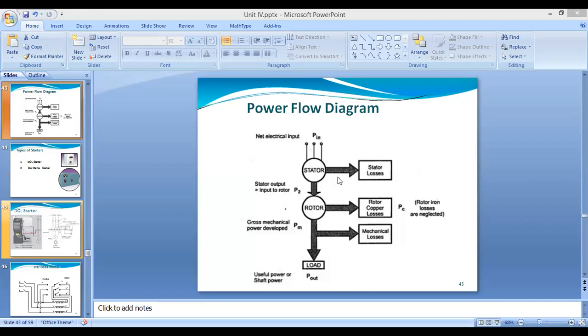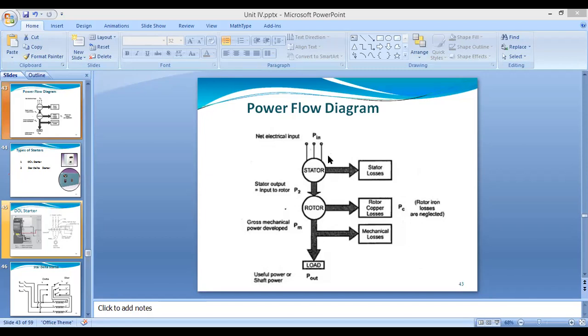So here when we are giving three-phase supply to the three-phase induction motor, at that time you are supposed to give that supply to the stator winding. When we are giving that supply to the stator winding, we have already seen the equations. I am revising, so just pay attention. So here we are giving the input. So that input will be P in equal to.